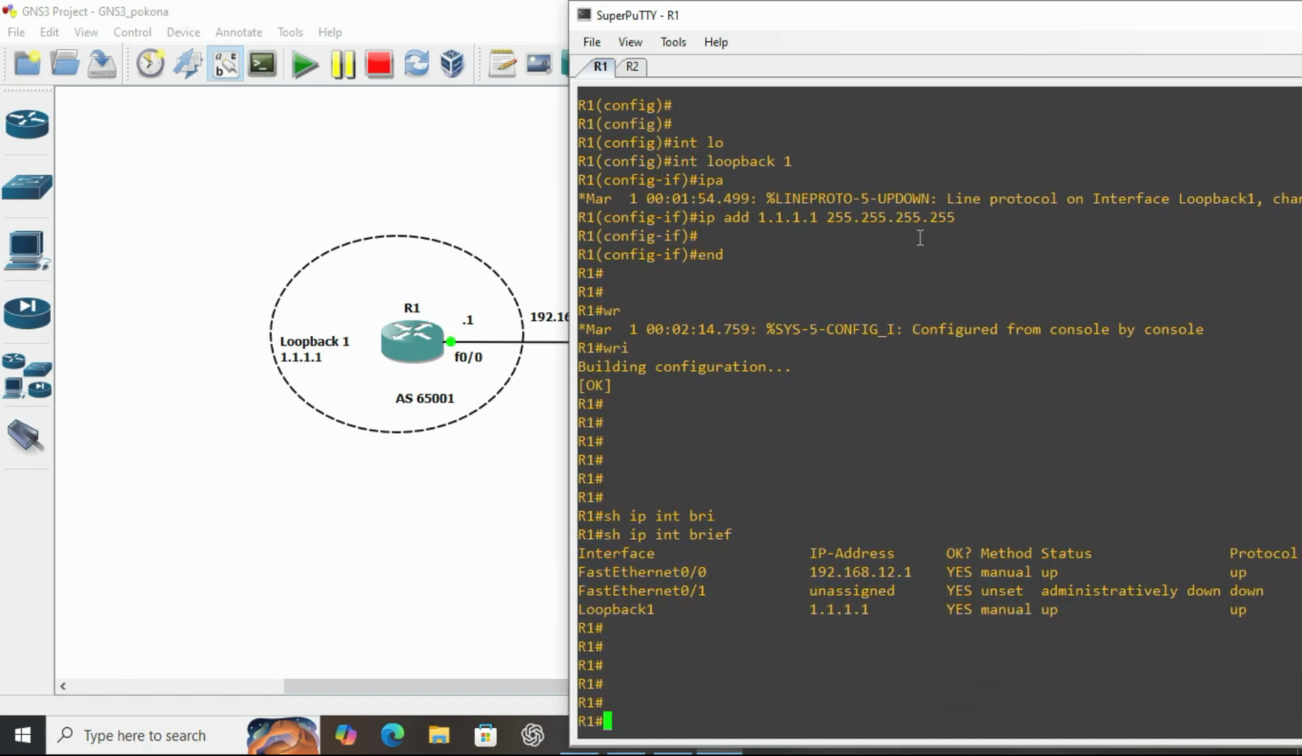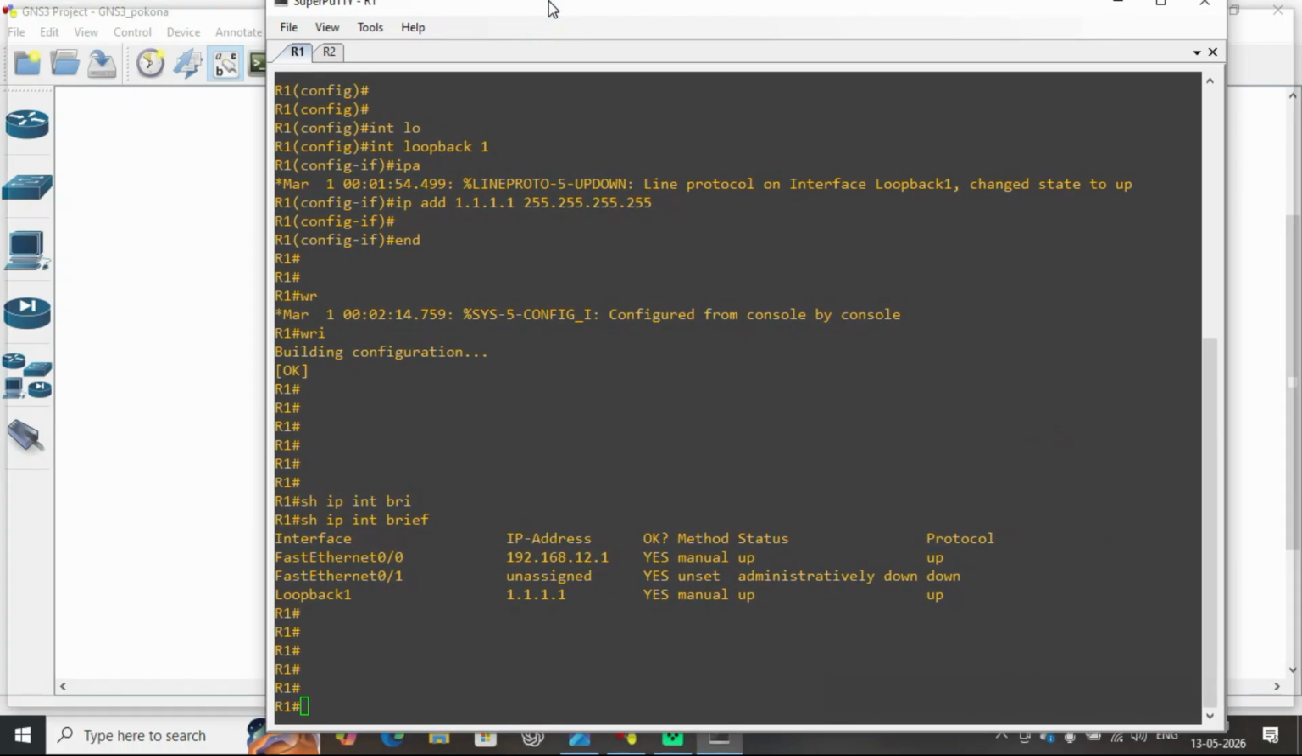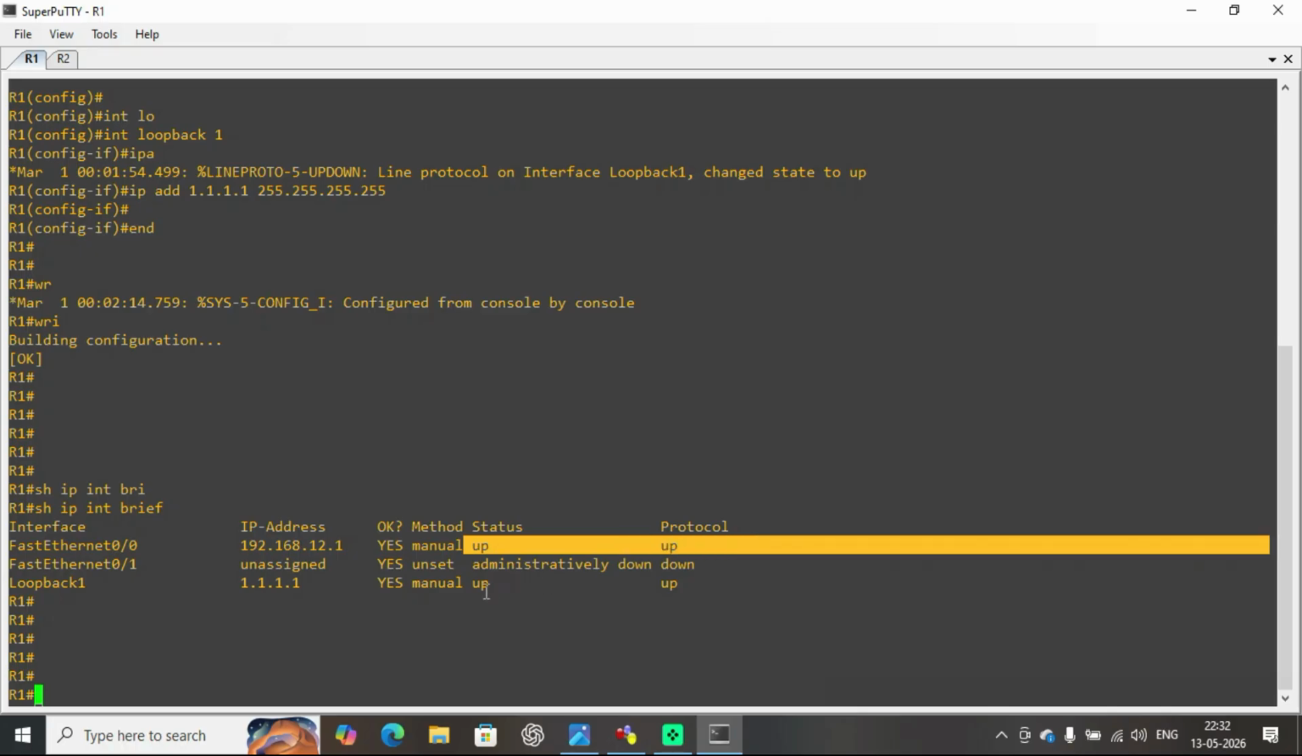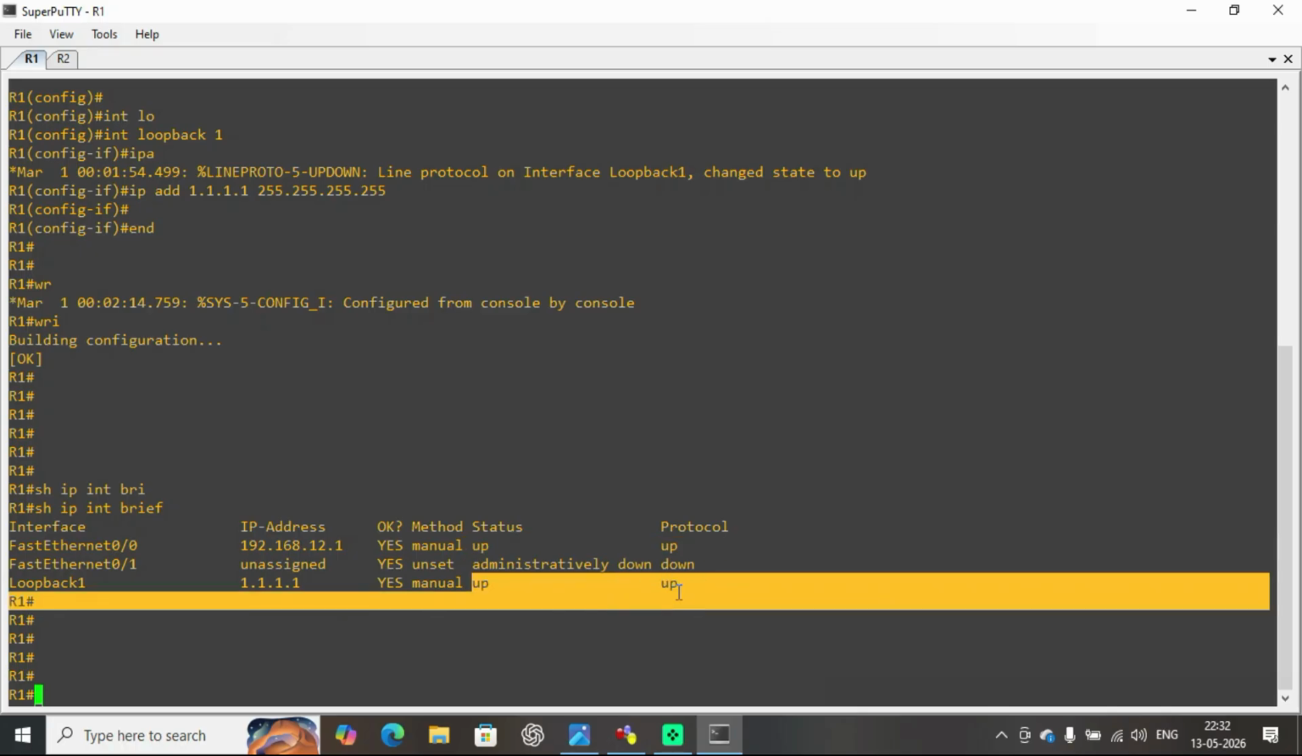Let's verify we have the correct IP configured. So on R1 we are having show ip interface brief. Fast Ethernet is having this IP 192.168.12.1. The loopback is 1.1.1.1. Both the status and the protocol are up for R1. Now let's configure